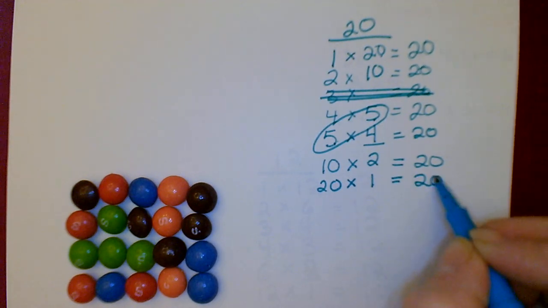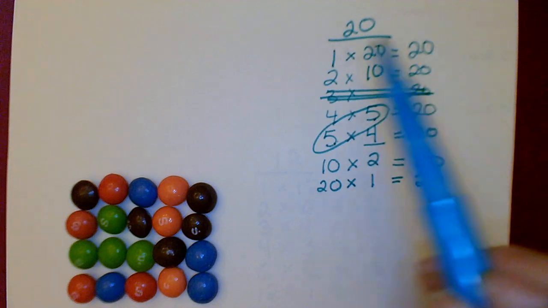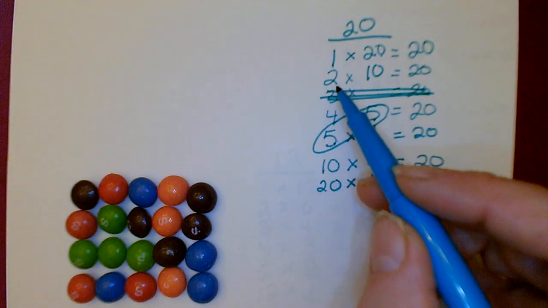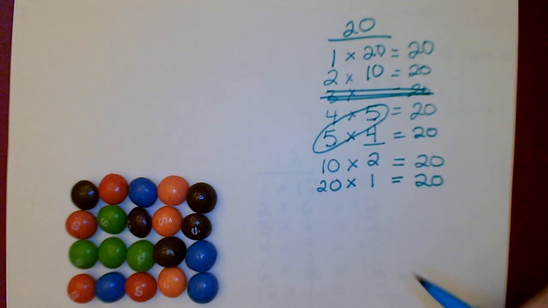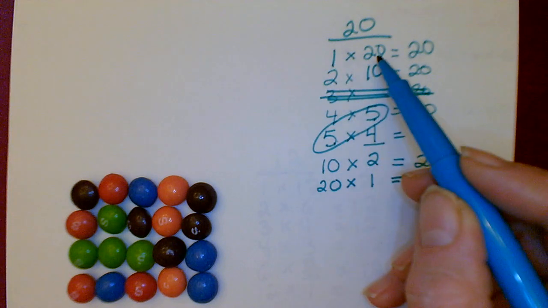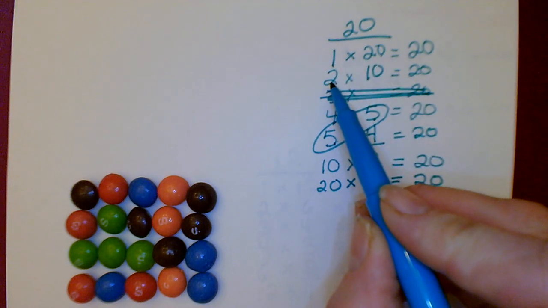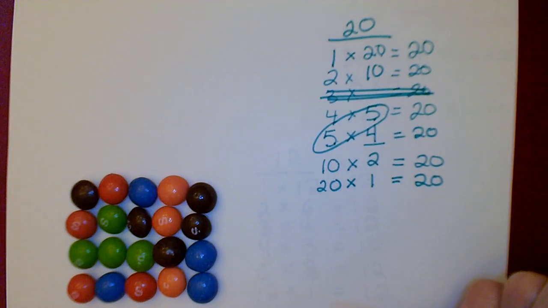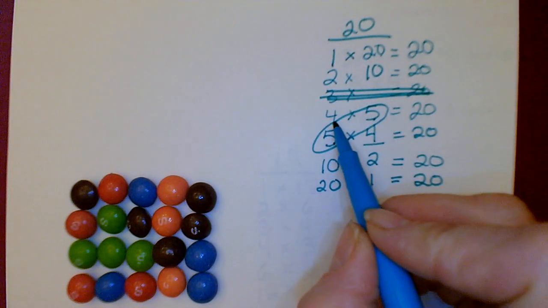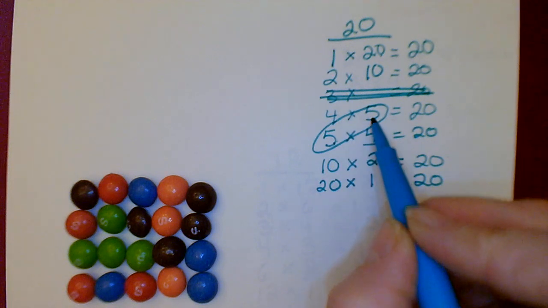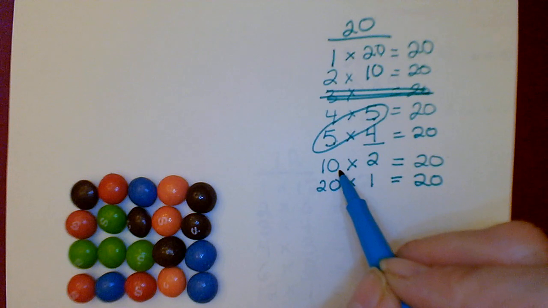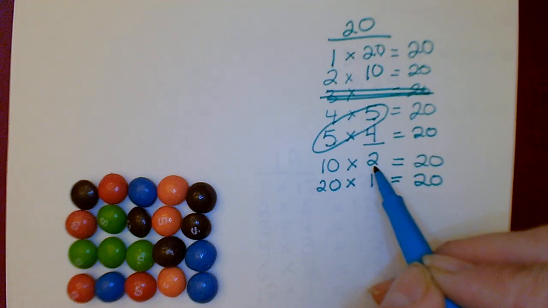And that would work. And now again, I need to know, how do I write these? So let's think. We could be doing groups of candies, because now I have to write each of these down. I have to explain it. So I could say 1 group of 20 candies, 2 groups of 10 candies. Or let's say I'm stacking books on bookshelves. I could say 4 stacks of 5 books, right? Or 5 stacks of 4 books, 10 stacks of 2 books. That's how we